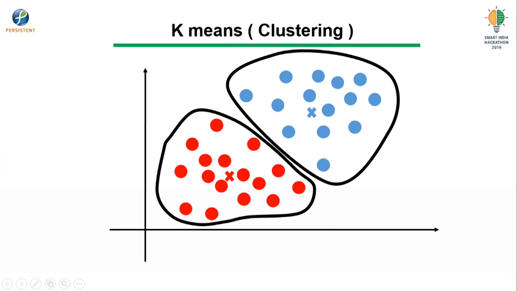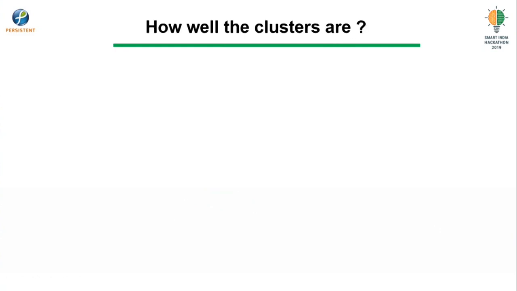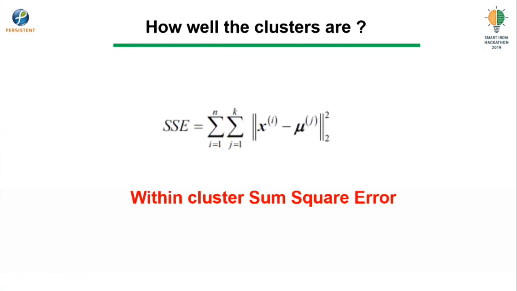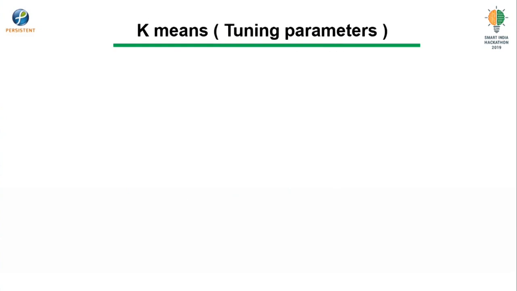However, in our Jupyter notebook and the scikit library, there are certain mechanisms which will help us find out whether clustering is good or bad. Apart from within cluster sum of squares error, there are certain graphs like the elbow method and the Silhouette plot, which will help us do that. We will quickly take a look at the Jupyter notebook, but before that let me finish with one more clustering algorithm, and that is called